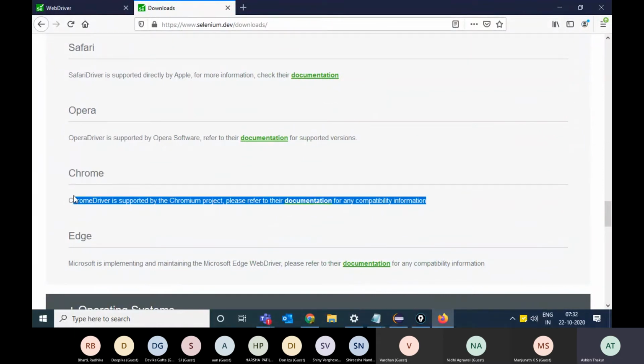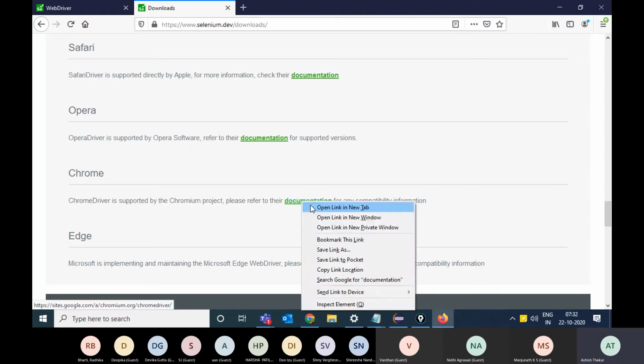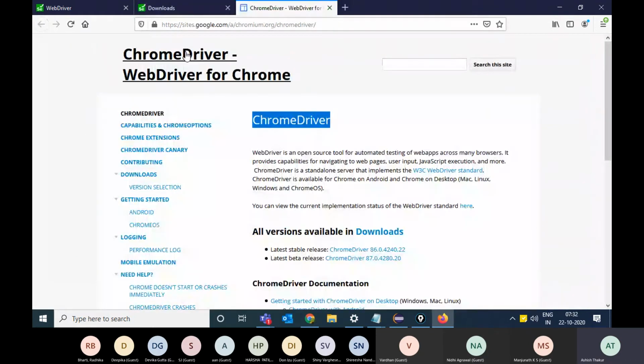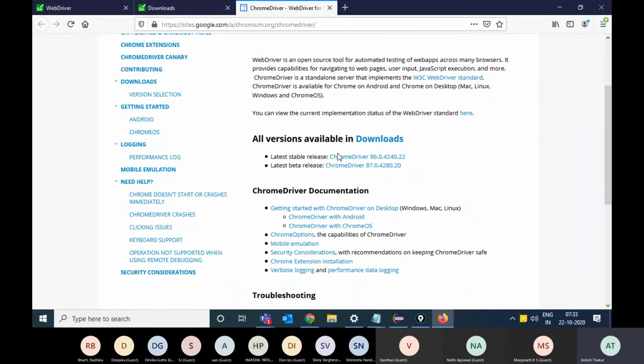Basically, in order to automate the browser, the browser provider gives you an exe file. For example, Chrome is by Google, so Google has given you an exe. You open this documentation link. This is the Chrome driver link by Google, for the automation of Chrome.